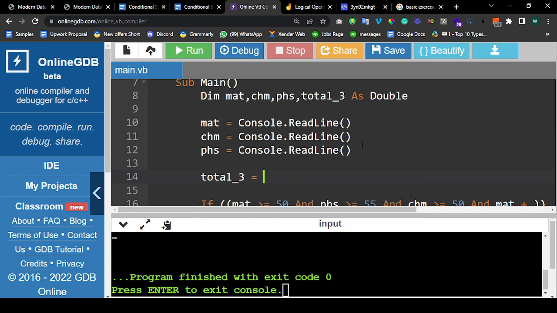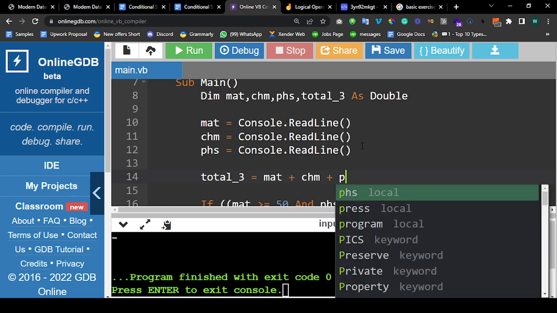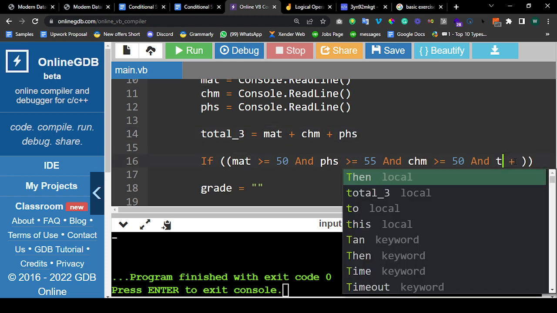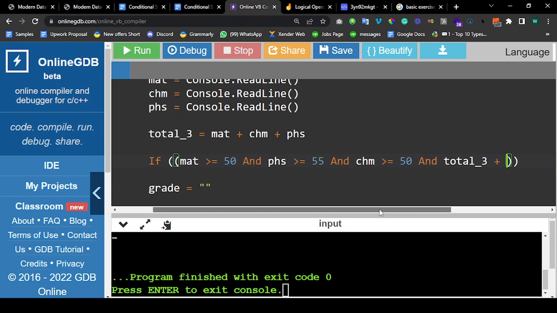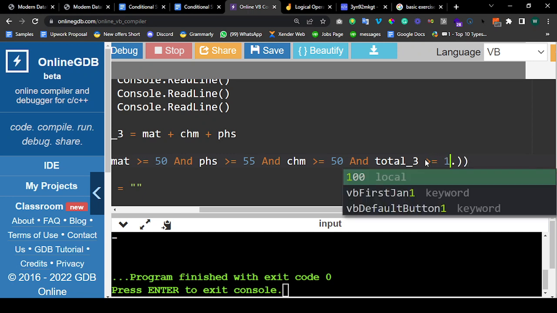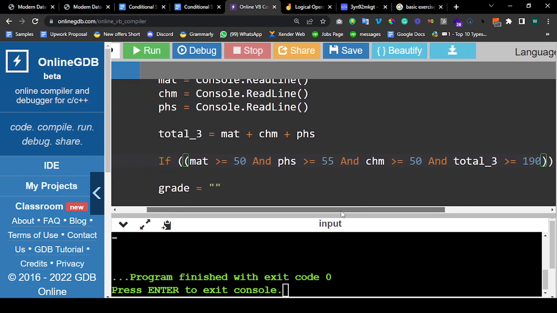Total 3 equals MAT plus CHM plus PHS, and total 3 greater than or equals to 190. So if this one is true,